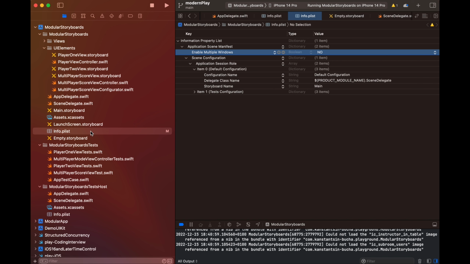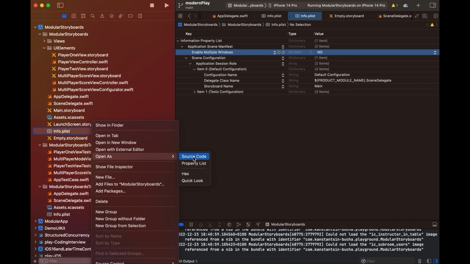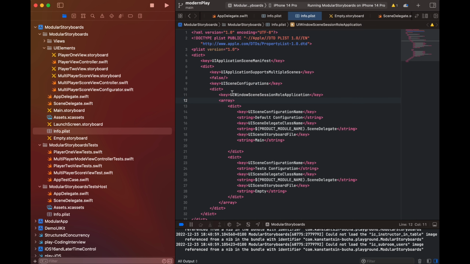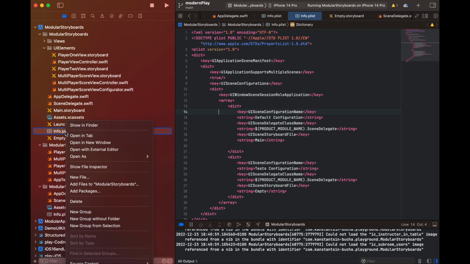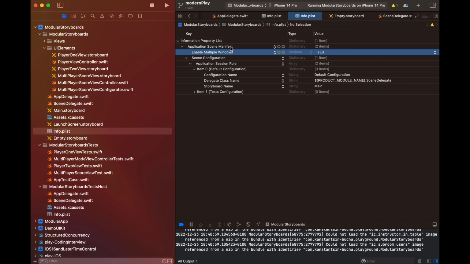Doesn't help much. So why is it? Oh, let's check the source code of this issue. And here we can see the actual name of this parameter. Your application supports multiple scenes, not multiple windows. Okay, so you can set it to true, or to YES if you prefer changing it from the property list. See, enable multiple windows for some reason. And after you do this,